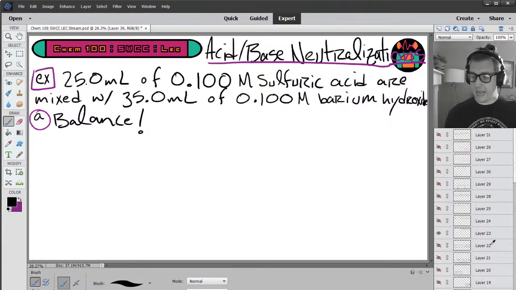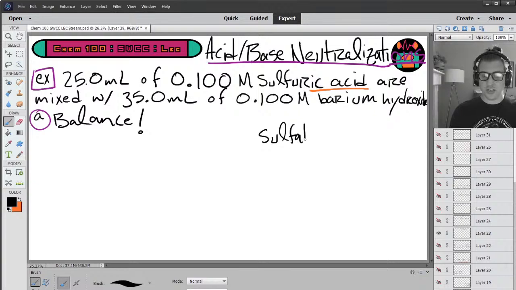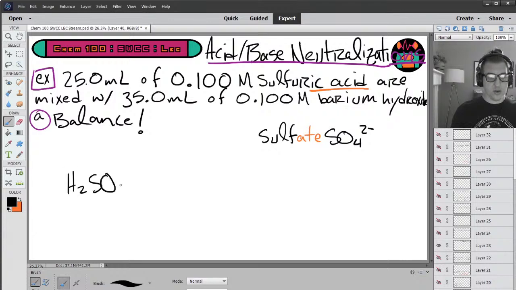We actually need to pull back and do some acid nomenclature. Here we're dealing with an ic acid. That means the conjugate base, the anion on which this acid structure is based, is sulfate. Sulfate is a polyatomic ion with a charge of -2. So that means sulfuric acid is H2SO4